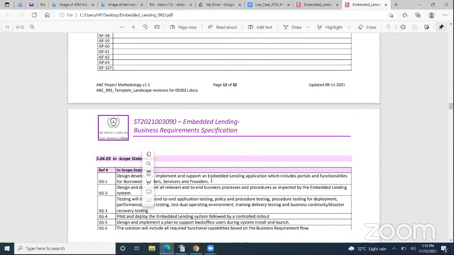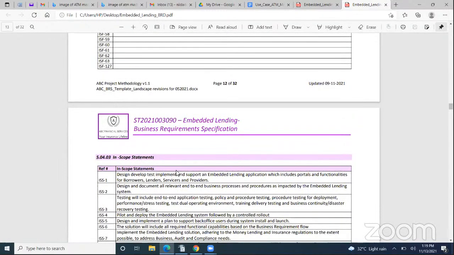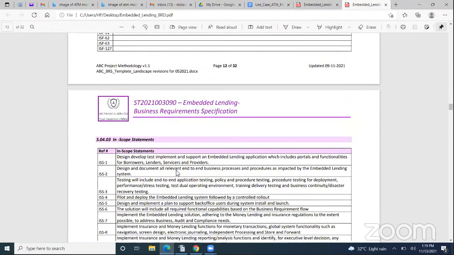The next item to touch on will be the in-scope statements. So it reads, one, design, develop, test, implement, and support an embedded lending application, which includes portals and functionalities for borrowers, lenders, servicers, and providers.